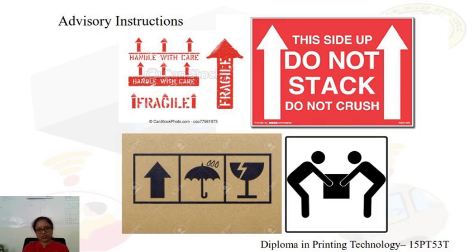Maybe it may be glassware, cutlery ware, tableware, dining tableware, any breakable goods. Such breakable goods should have this mandatory advisory added on the package. Also, this arrow mark indicates to be opened upside, and the umbrella indicates it should be protected from water source, and the cup or the wine glass symbol shows it contains a breakable product inside, so we have to handle it carefully. And the next image is the carrying instructions of the box,